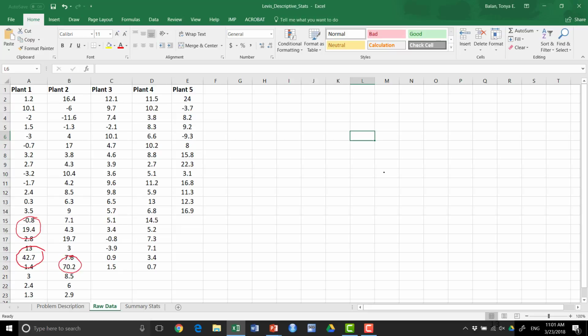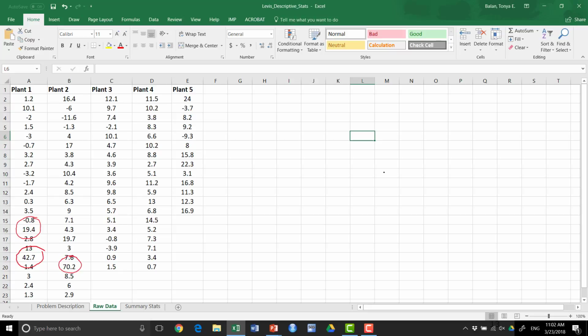Was there a problem on that particular day with the plant or with the manufacturing process, or perhaps, given the scale of these data, were these values entered incorrectly? Did someone put a decimal place in the wrong spot? So instead of being 42.7, we should have 4.27, which would be more in line with the values for plant 1. Or instead of having 70.2, we have 7.02 or 7.2, which would be much more in line with the